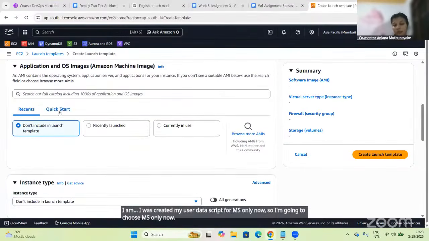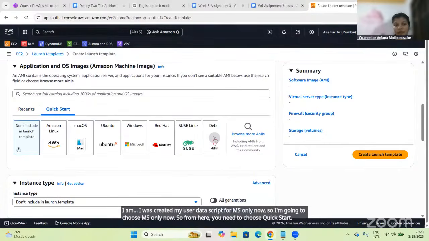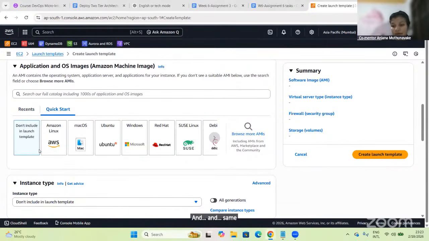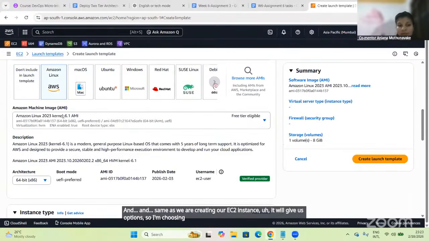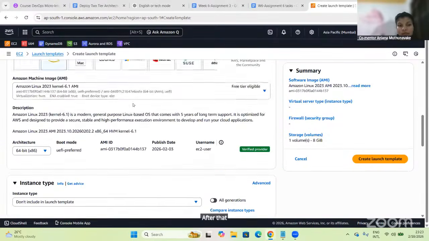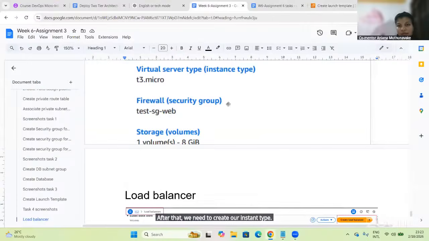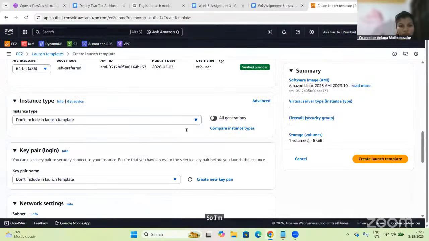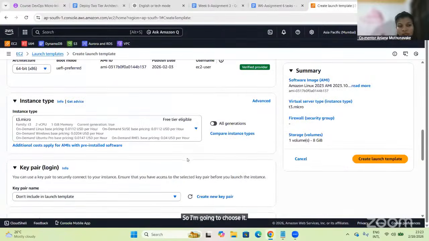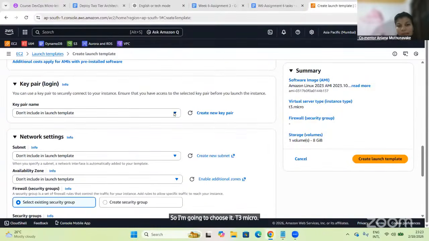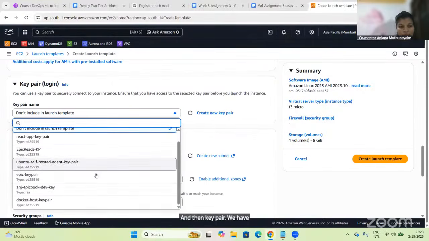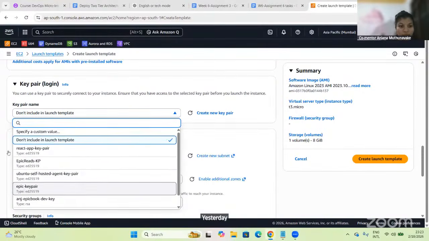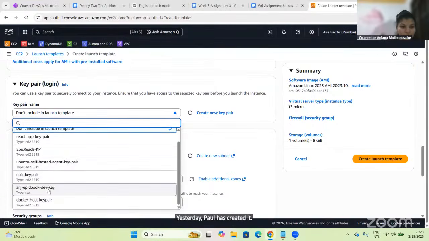From here you need to choose quick start, same as when we create our EC2 instance, it will give us options. So I'm choosing Amazon Linux. After that, we need to choose our instance type. Here it is mentioning instance type as T3 micro, so I'm going to choose T3 micro, and then key pair. We have created our key pair before. Yesterday, Paul created it